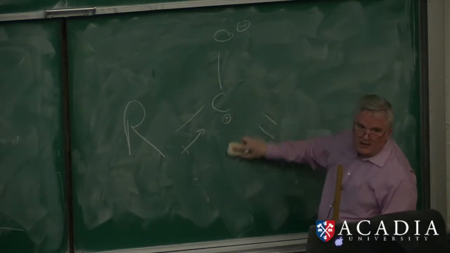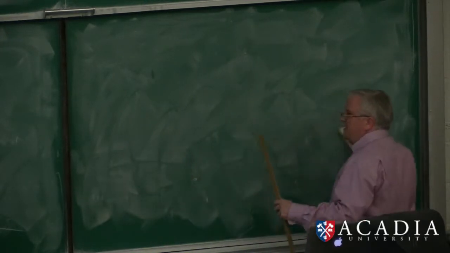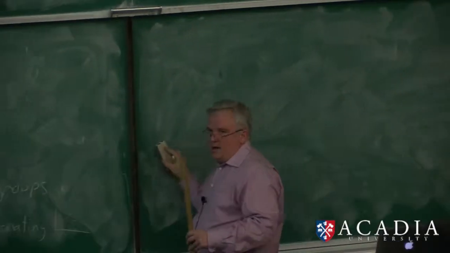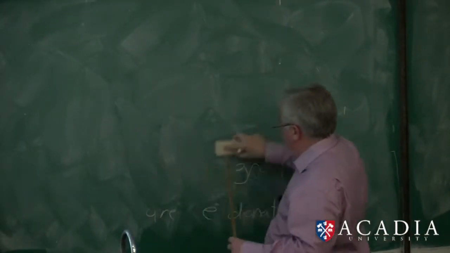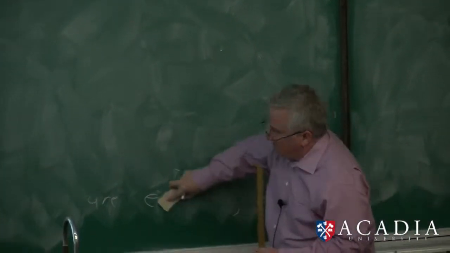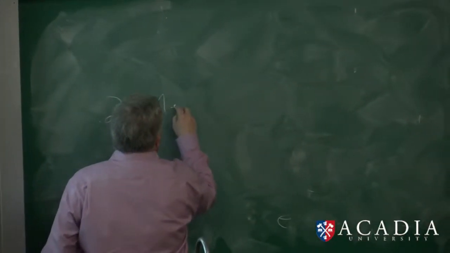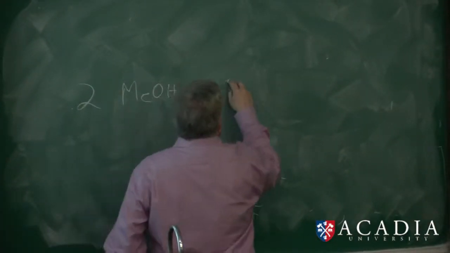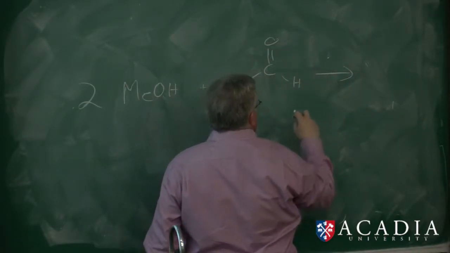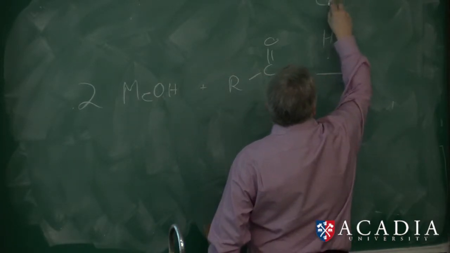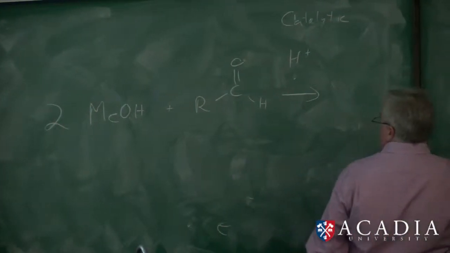You really should try this mechanism out. Write it out on a piece of paper. It's in your textbook. It's on the slides. It's all over the internet. But you should practice this particular mechanism. A lot of mechanisms are very similar. But our overall reaction then is 2 methanol plus an aldehyde, catalytic amount of H plus to give us